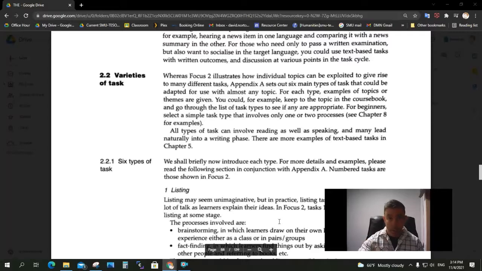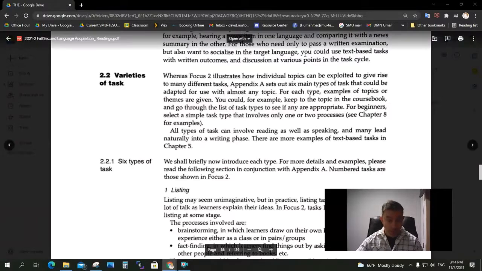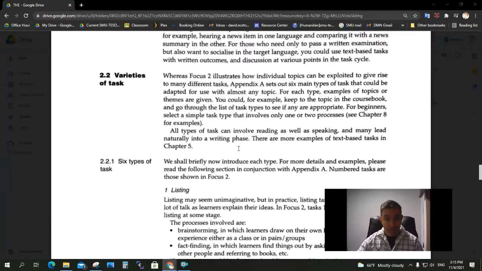So we're building off of the task cycle, which we already know, and we're looking into what exactly a task is, okay? Because in order to make a task-based lesson, we need to have a good idea of what a task is. So the way I'm going to do that is I'm going to go through your homework questions, give you some answers for those homework questions, which you can compare to your own,